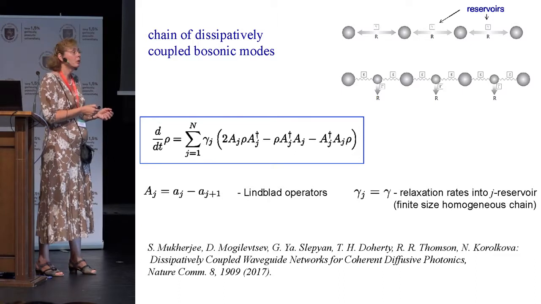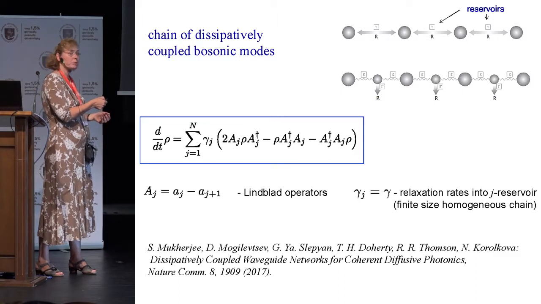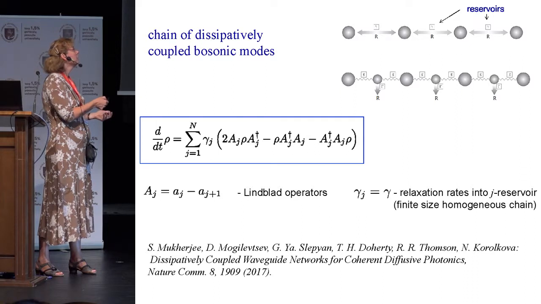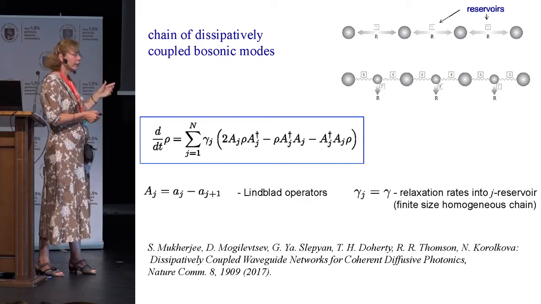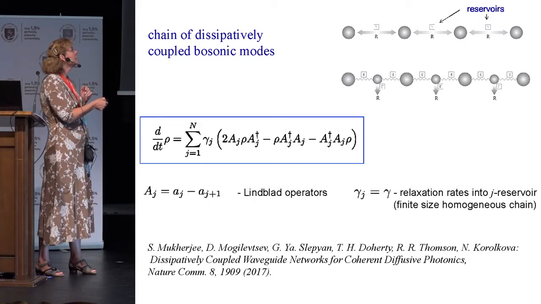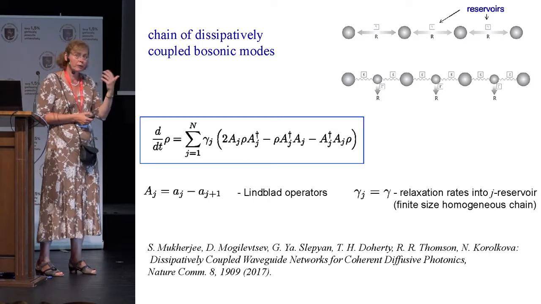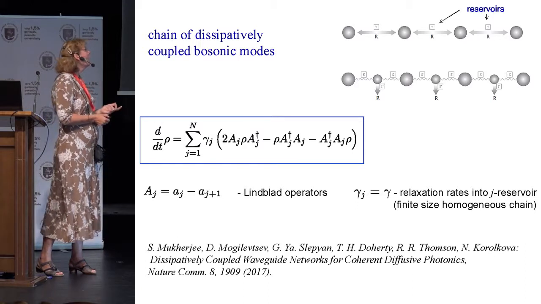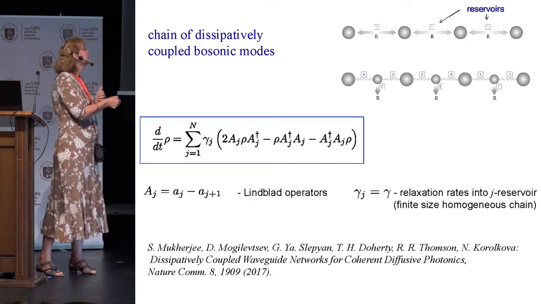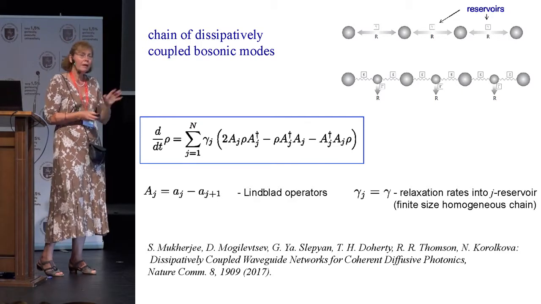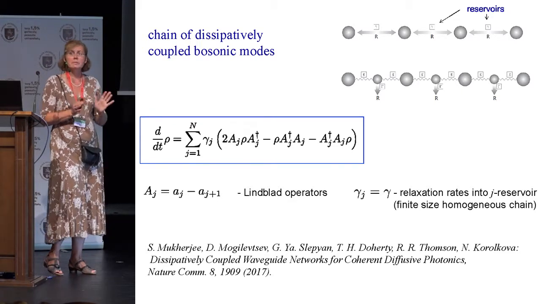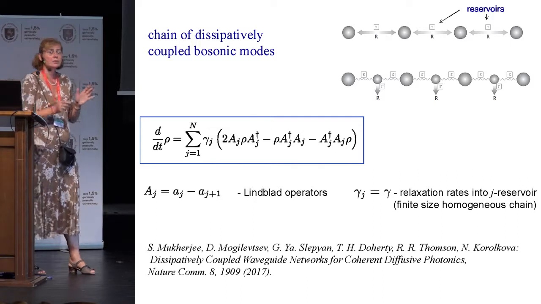And now, in order to implement this system, what I do, I replace this reservoir by a third mode. So I have now a very lossy mode in between. So good waveguide, bad waveguide, good waveguide, bad waveguide, and so on. And if I do it correctly, which means if I arrange the linear coupling between these waveguides in a proper way, I can adiabatically eliminate this bad waveguide and essentially have this my Lindblad system. This is just the essence of the theory.